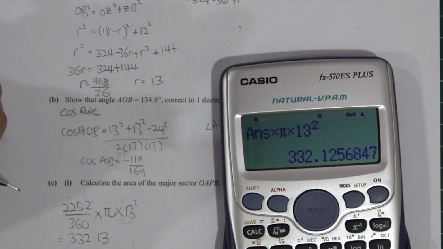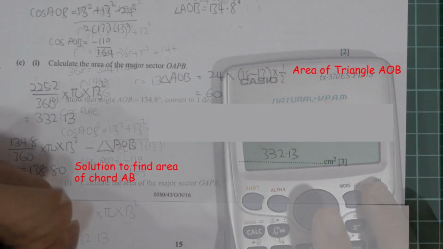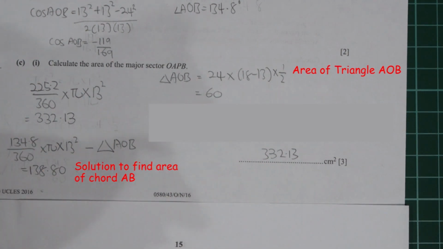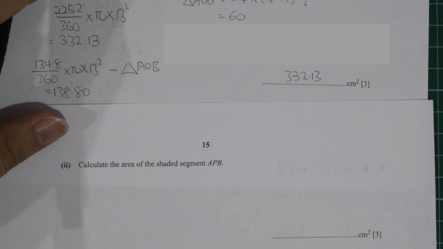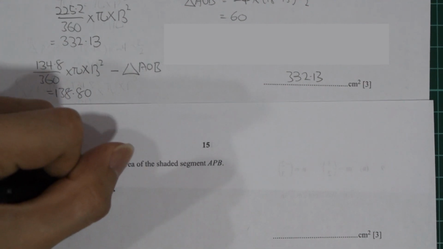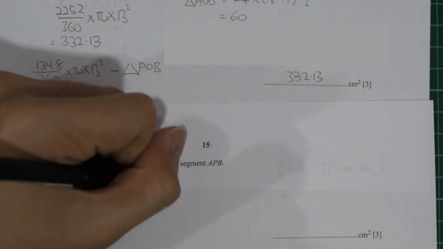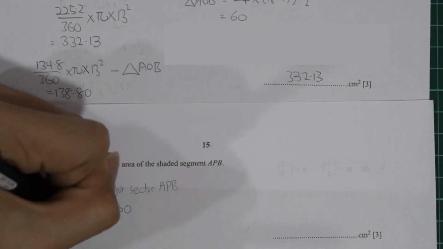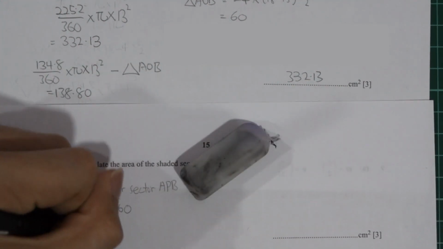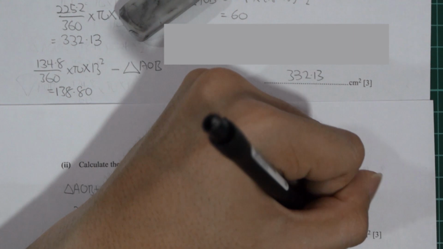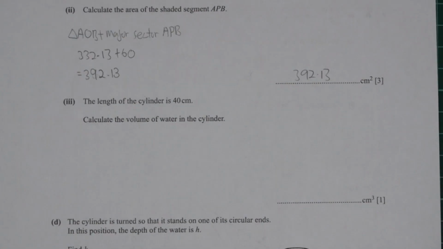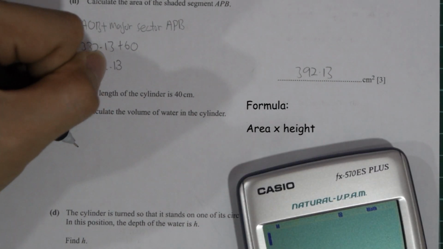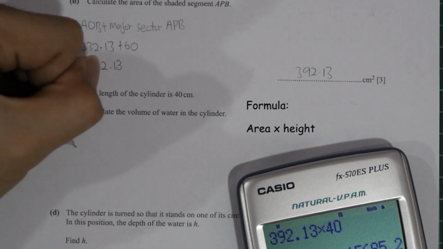All we need to do is take 225.2 divided by 360 times the circle area formula, which is pi r squared. To find the shaded segment, first you need to identify the area of the triangle. We already got the base, which was 24, and also the height. So all you need to do is take the base times the height divided by 2. Then you will get the area of the triangle. Then you add the major sector OAPB, then you'll get the answer